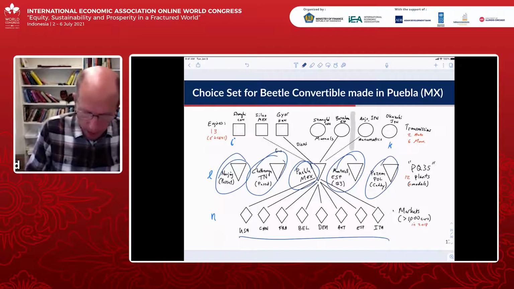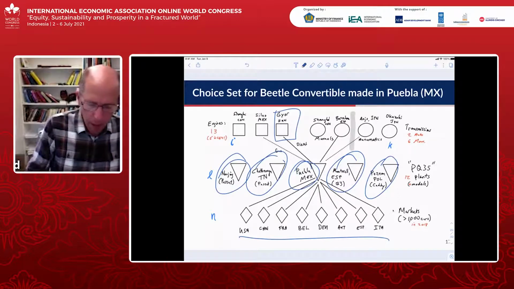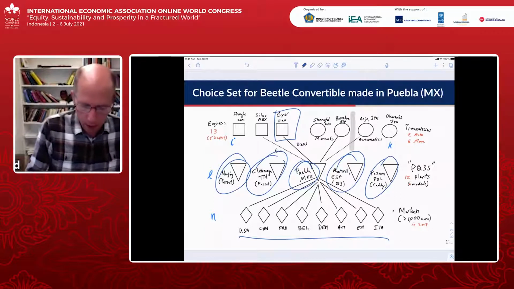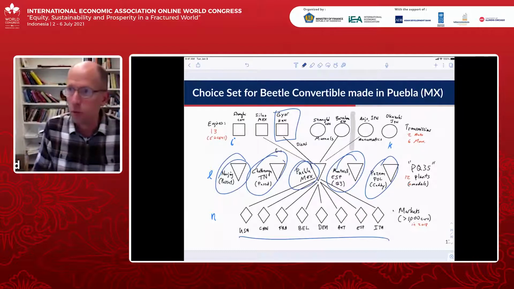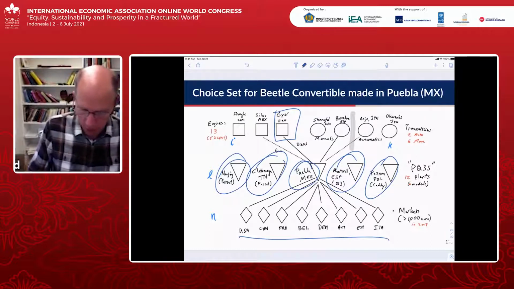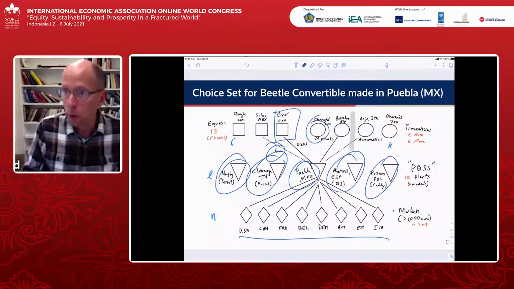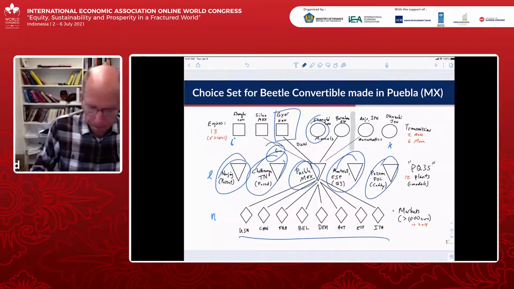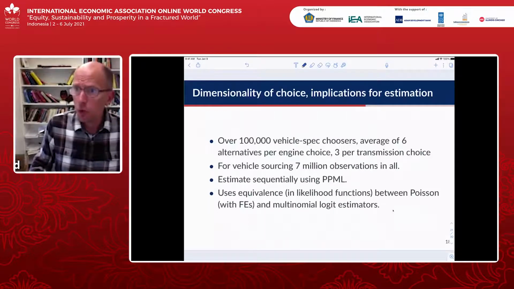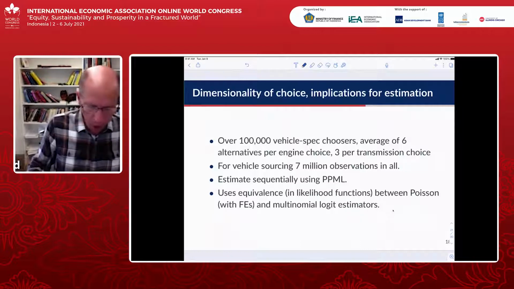Now, what about the engines that it came from? Well, the diesel engines come from Hungary, but they could have come from China. They could have come from Mexico, from the Silao plant. In fact, they get gas engines from the Silao plant. Meanwhile, the manual transmissions come from Barcelona, but they could have come from Shanghai. And the automatic transmissions would come from one of these two plants in Japan. Okay, so we're now ready to go into the estimation itself.